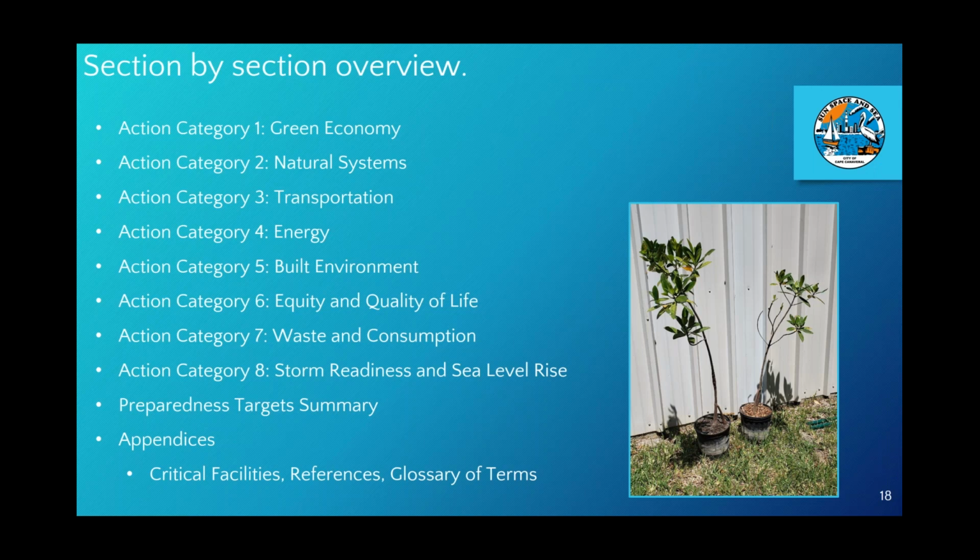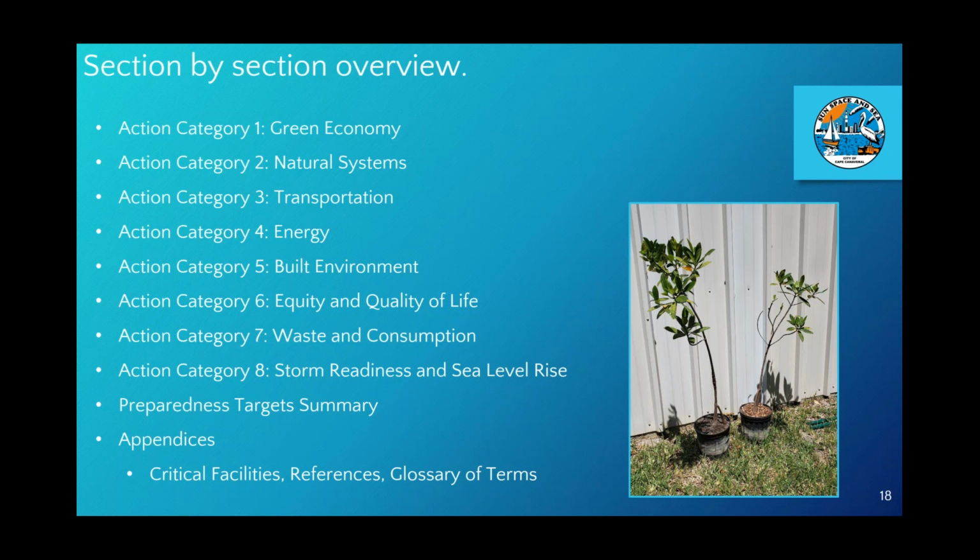Next is transportation. This category reviews the need for improved transportation infrastructure that is accessible, moves the city beyond purely car-based transportation to be more bikeable and walkable, and prepares the city for continued adoption of alternative fuel vehicles, both around the community and for the city's own fleet. Next is energy. This category reviews the need for cleaner, homegrown, renewable energy systems to provide power assurance, continuity of critical operations, lower utility costs, and reduced emissions. It sets targets for moving facilities towards renewable energy and providing residents with the means to do so as well.